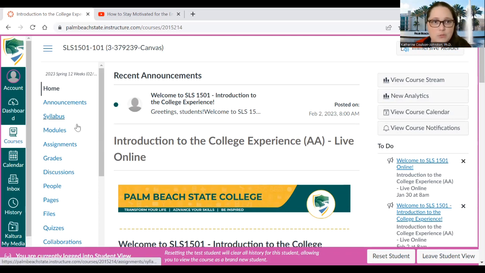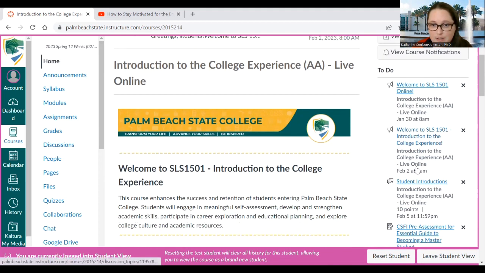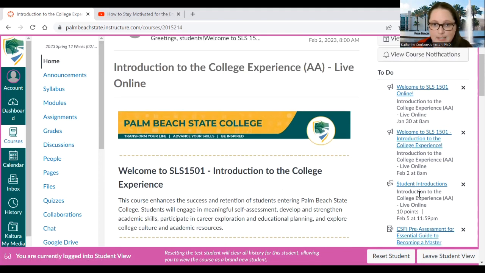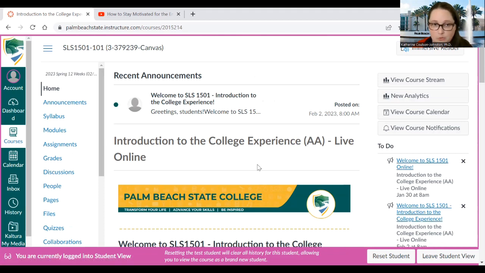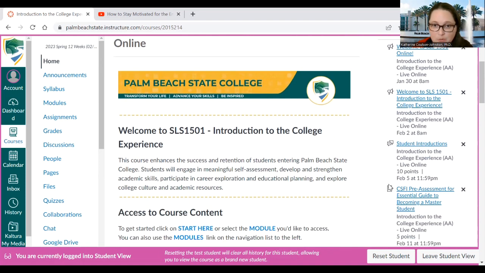Okay, so the modules that we will use most in this course, that is this section right here. Just so you can see on the homepage on the right-hand side, you'll see a brief to-do list. That's always there. That's a helpful tool for you to let you know what's coming up. The little megaphone means it's an announcement from me. These 2 little boxes with the bubble means that it is a discussion board post. And then this letter indicates that it's an assignment that you have to do.